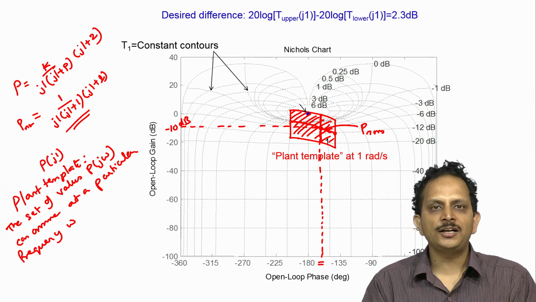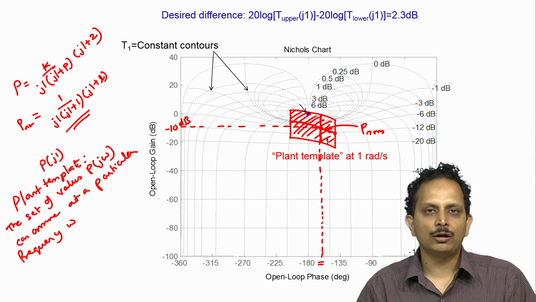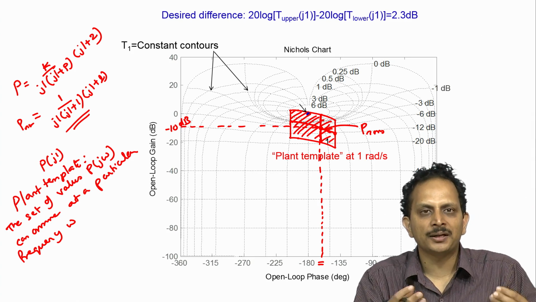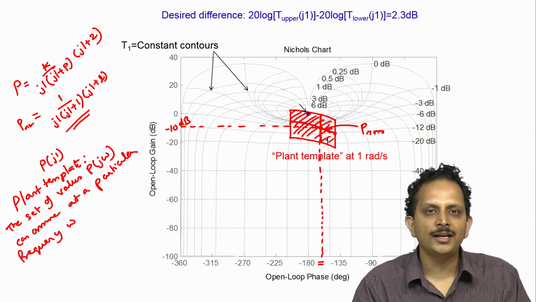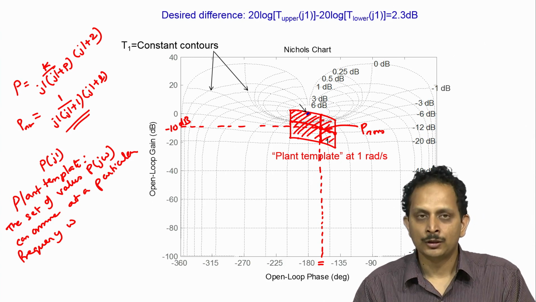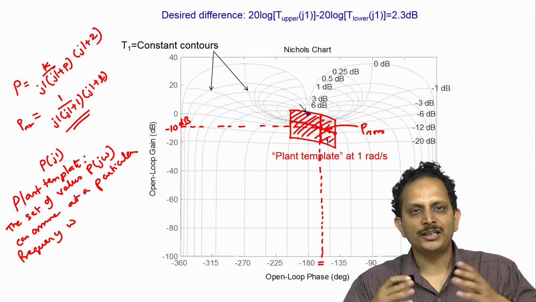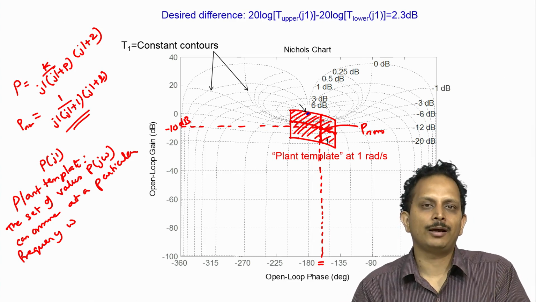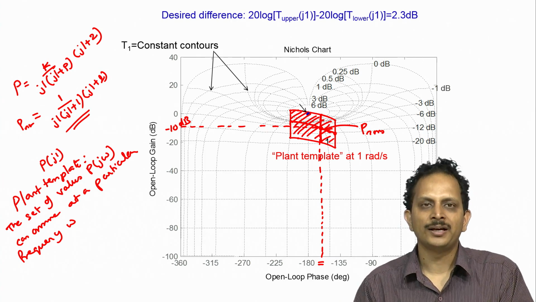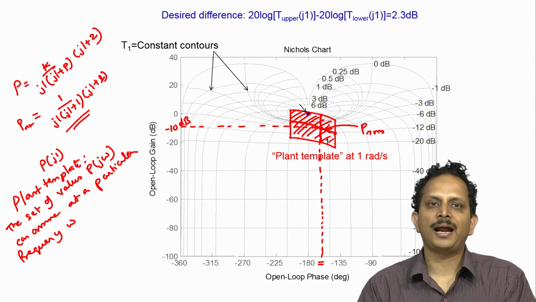So, because of uncertainty in the gain and the pole location of the plant transfer function, p of j1 is not a single number, but is actually a set of numbers that we obtain by plugging in the different combinations for the gain k and the pole location p within the limits that have been specified to us. So, if we plug in these particular parameters and compute p of j1, the set of magnitudes and the phase values of p of j1 essentially define a certain area in the Nichols plot as the area within which p of j1 will lie, and this area is called the plant template.